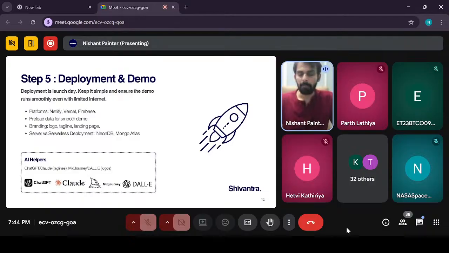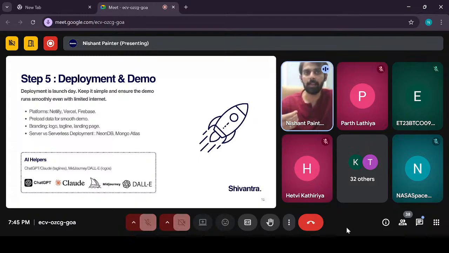So keep it simple, and try to create a health status showing that it is working fine. And this is very important: it should work with limited internet, because the speed is usually the same. So try to build and test your application with throttling. You can go to the browser inspect and set slow 3G or fast 3G, and try to see how your application is getting loaded, right?